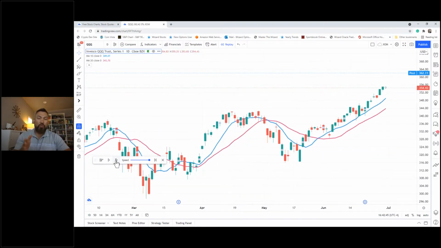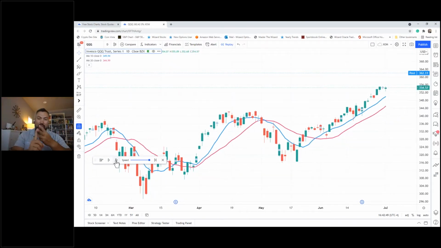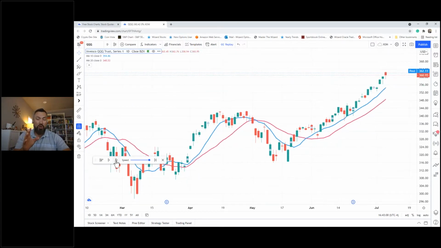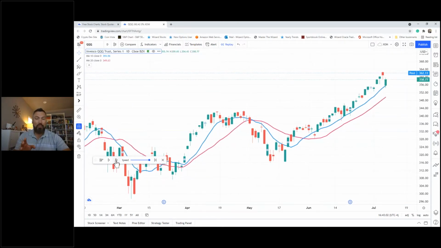So whenever you now pull up a chart, I don't care what the chart is. It could be stocks. It could be an ETF like this one. It could be a Forex currency pair. It could be a cryptocurrency. When you see the markets and where those bars are in relation to these trend lines, it's going to help you understand what's happening, what has happened, and then it gives you insight to what potentially can happen next.